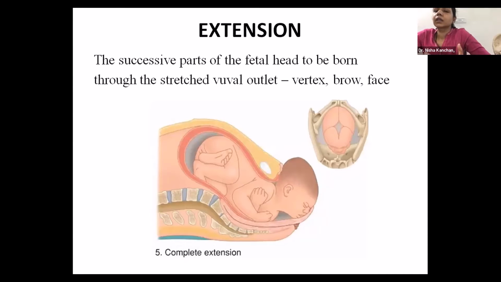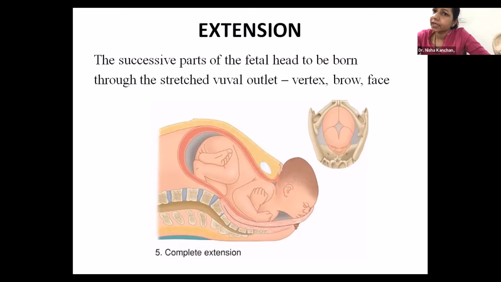So extension. If you remember, the third step which I told you was flexion. So the baby was in maximum flexion. The chin had touched the chest of the baby. There is no more flexion possible. So how does the baby's head deliver? It has to be in the opposite direction, which is extension. With further flexion, the baby's head cannot deliver. If it does not extend, the baby just goes through the perineum and the anus and causes a third-degree perineal tear. So the only way out for the baby is to extend its head.